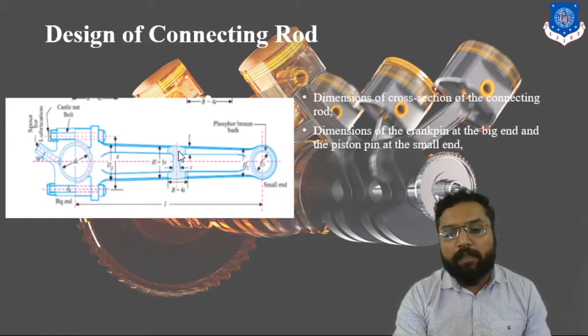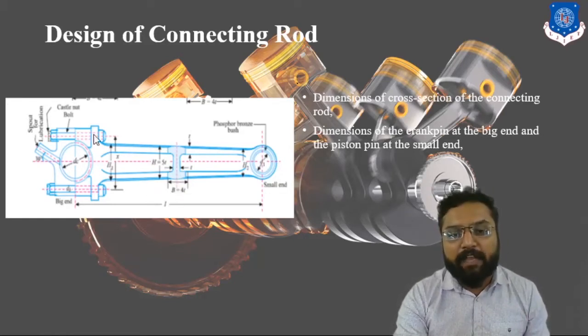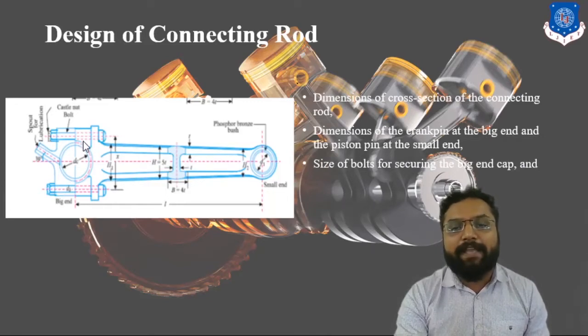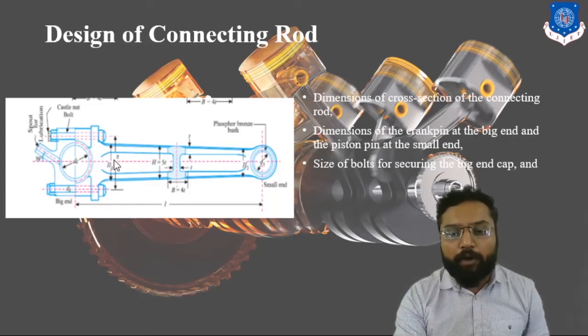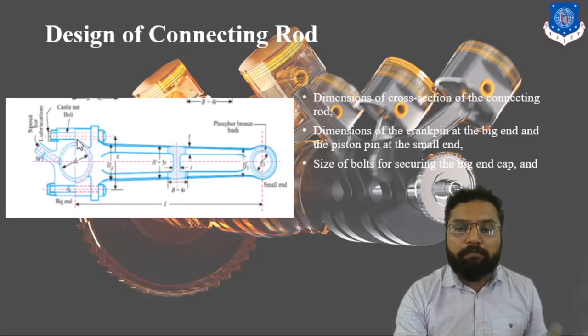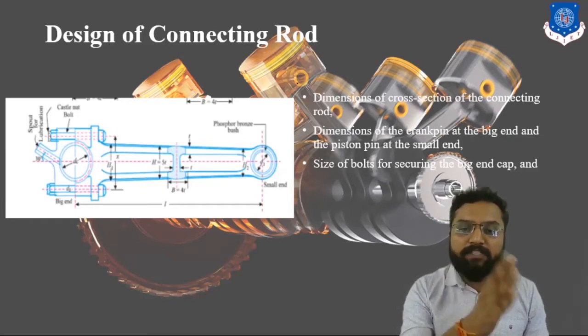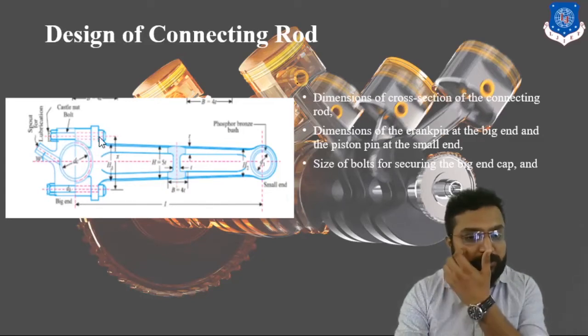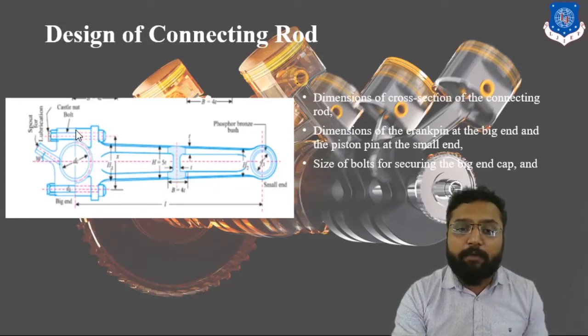After setting up the dimensions of the design for the big end and small end, we are going to determine the size of the bolts which connect this big end with our body, because this big end is mainly a disconnected part. You can say there are multiple parts. One is its cap. This area from this separating line is called the big end cap. These are the bolts, which are subjected to crushing or shear stress, which we have previously talked about.